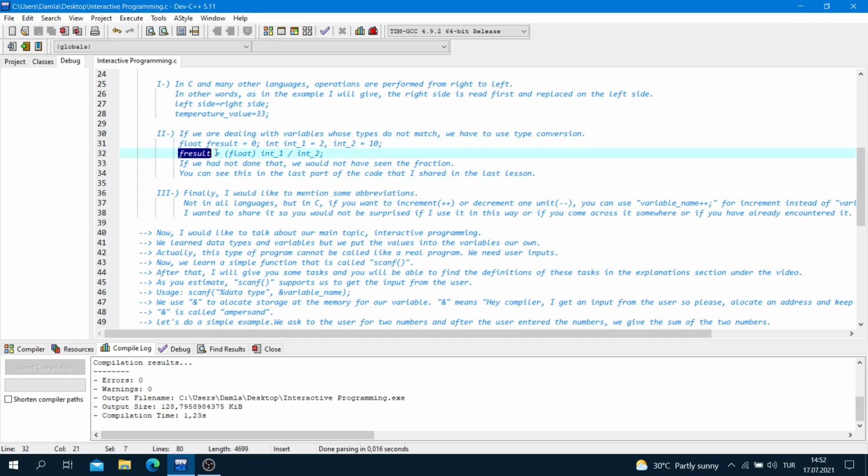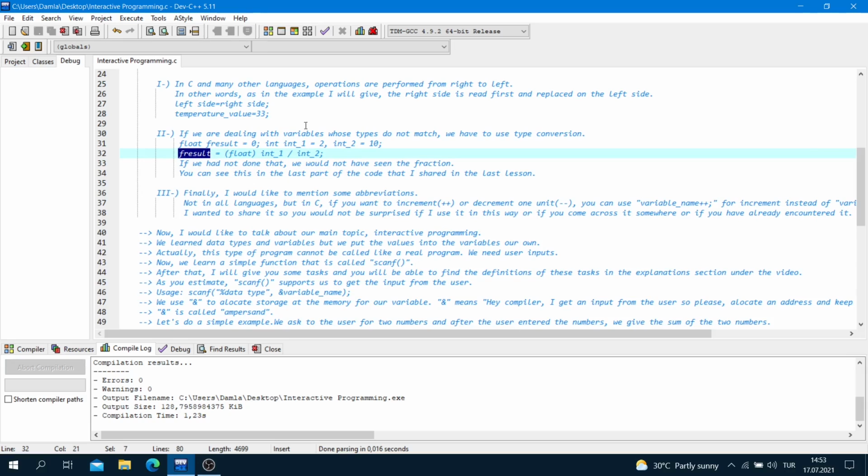F result is equal to, in the parenthesis float, because their type is integer 1 and integer 2, but our result is a float. Okay? So in the parenthesis float, integer 1 slash integer 2 semicolon is equal to f result.